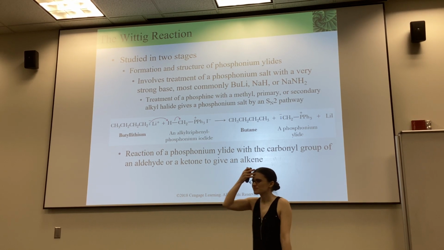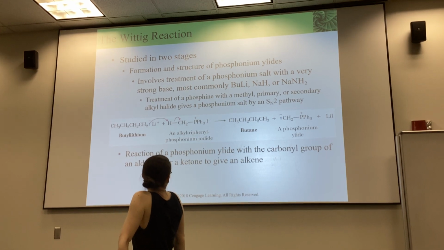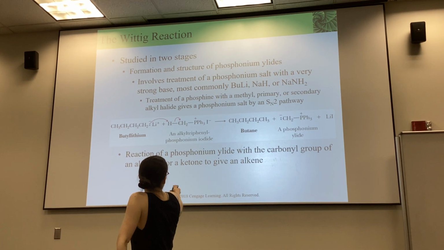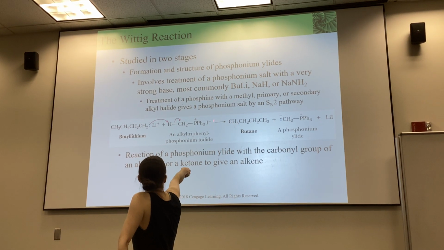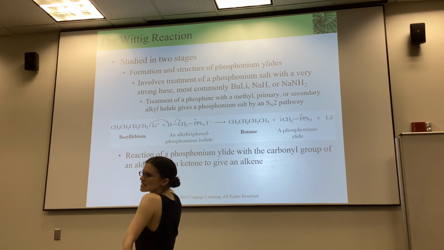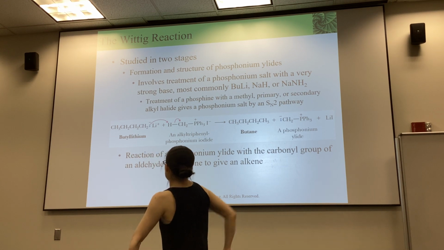So we need to know the salt and that you're going to treat it with a base. You don't have to know what the counter ion is, just know that you start out with everything but the hydrogen there, and then you use something aggressive like butyllithium to deprotonate that carbon,